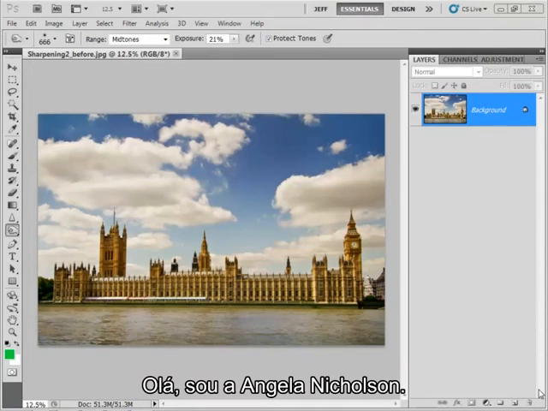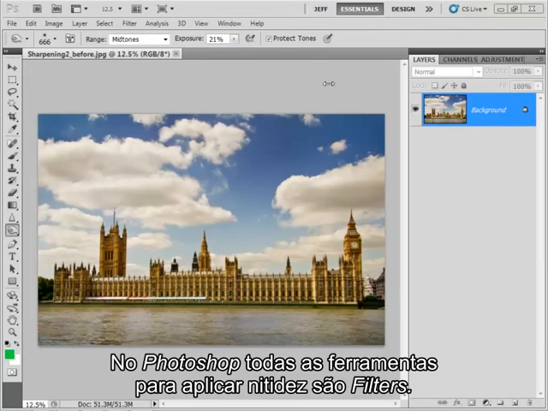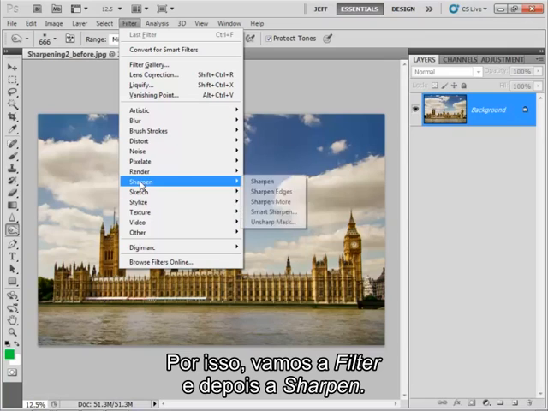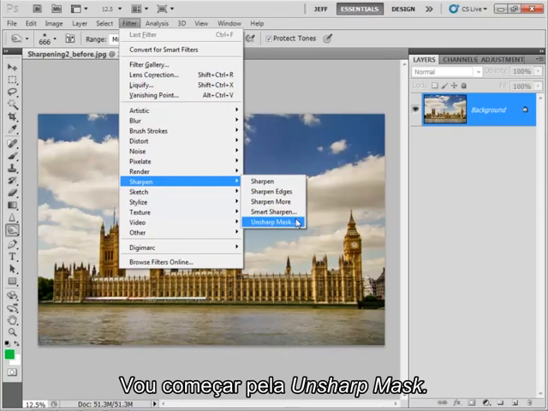Hi, I'm Angela Nicholson, and in this tutorial I'm going to show you how to sharpen images. In Photoshop, all the sharpening tools are filters, so we go to Filter and down to Sharpen. There are several options, but the most useful are Smart Sharpen and Unsharp Mask, and I'm going to start with